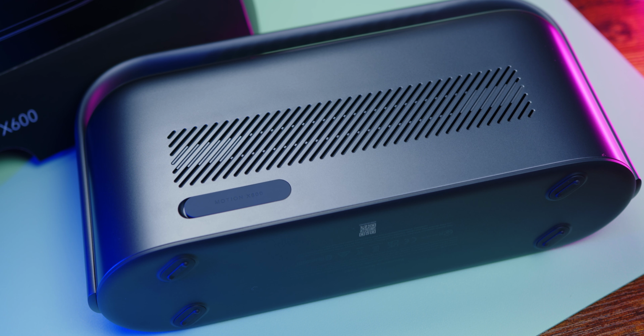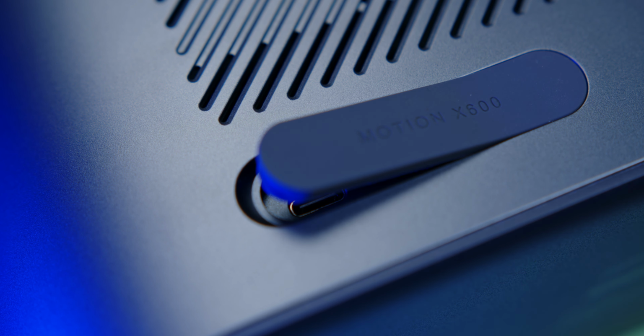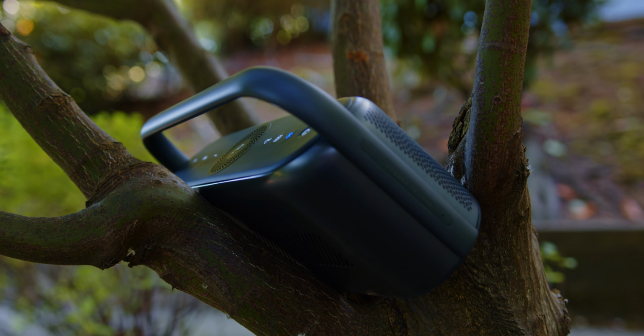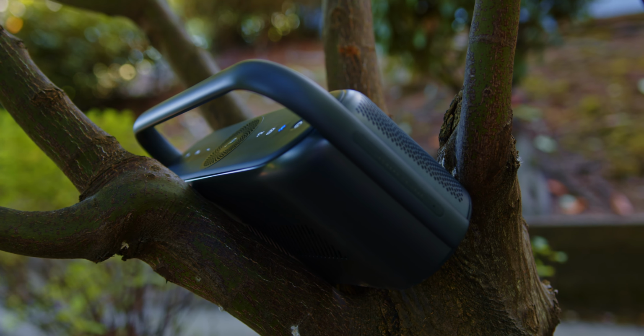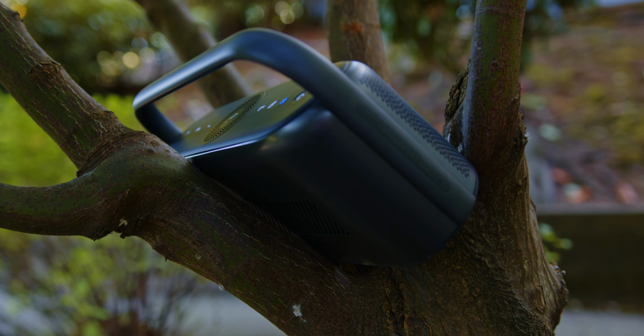Before we turn this on, we can see on the back this little rubber tab that can be lifted up, revealing a USB-C port for charging, as well as an aux-in port. This tab here is probably to help with the IPX7 waterproofing, making this an ideal poolside speaker, or even just for outdoors in general, since you don't have to stress about keeping it dry lest it explodes like every other